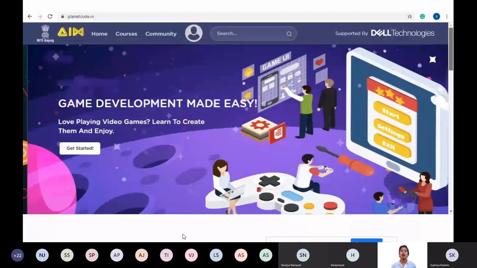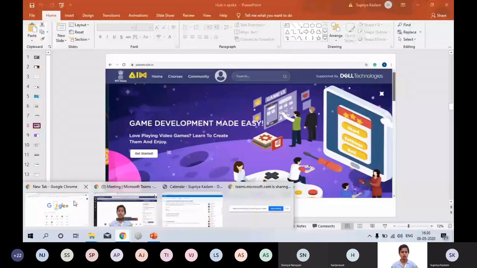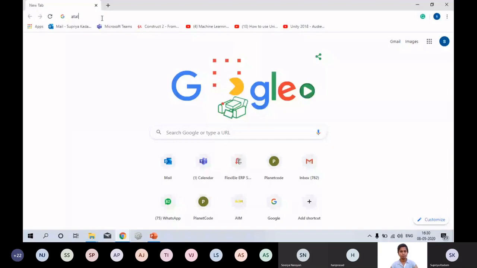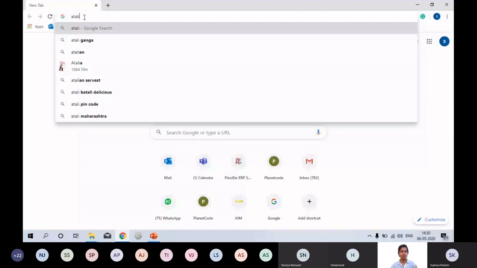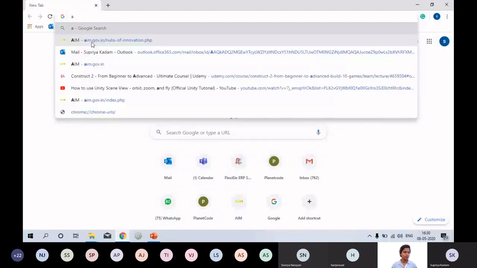The other way of doing this is going to the AIM portal, that is Atal Innovation Mission portal. If you type in aim.gov.in, it will take you to the AIM portal. Let me see if I can show you how to log in through the AIM portal if this doesn't work out. You should know multiple ways of logging in. It might take more than a few seconds, so I want you to bear with me. Ma'am, if you're there with us, please type it down.